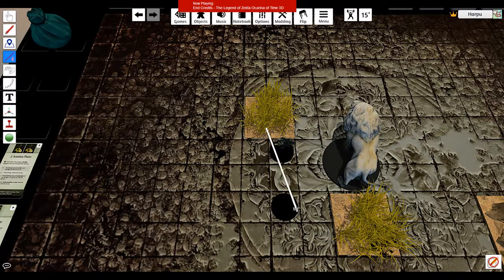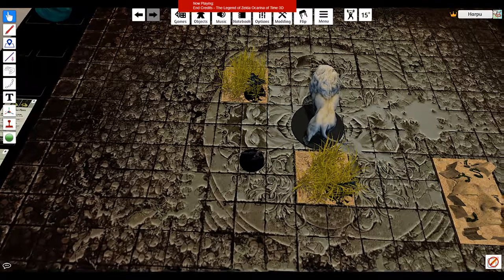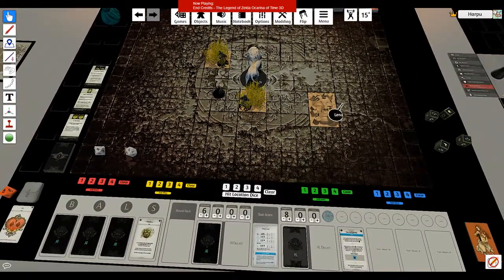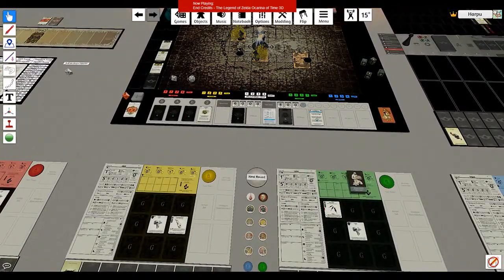1, 2, 3, 4, 5. Alright, a bell's gonna be over here. Kane is gonna go into the grass over here and not hide. We're gonna leave Jagan back here, and Jagan will hide in the grass. And then I'm gonna end my turn. On the next turn, we'll start fishing for the